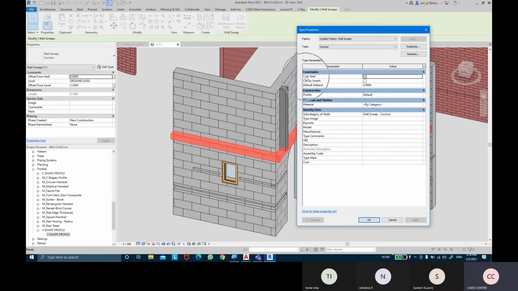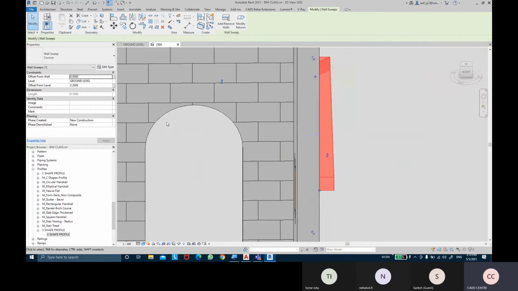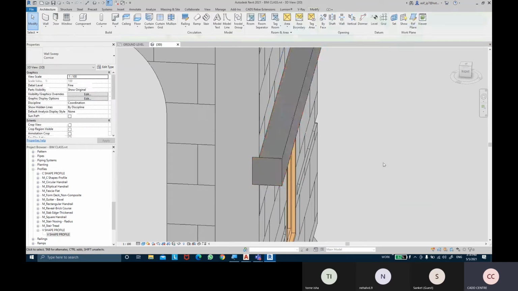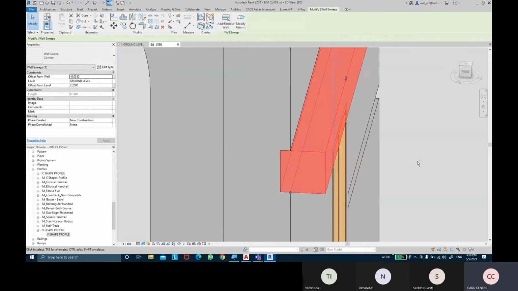In constraints, we have something called cut wall, and it's active, which means what? If I give a negative value to offset from wall, let's say negative 35 mm, when it goes in, you can see the wall gets cut. The wall is cut, and then the sweep is applied.